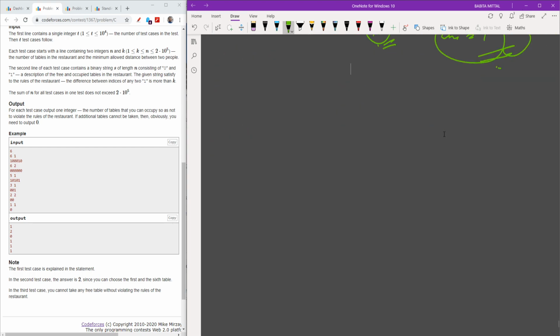So if you guys have understood it up till now, then I will recommend to move to the section where I explain the code. But still, if any of you are with the doubt, then I will take one last example so that you guys will understand it. So here it is 0 0 0, and how many zeros? 6 zeros. So n is equal to 6 and k was 2.